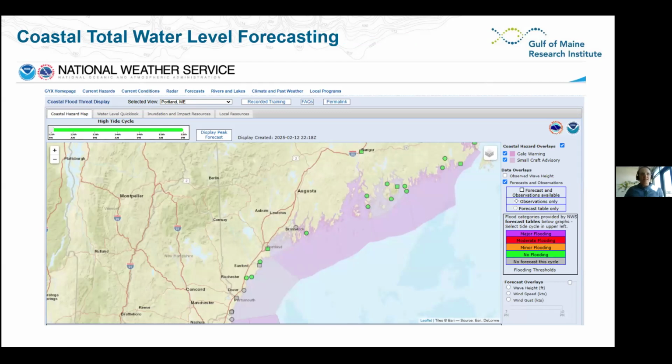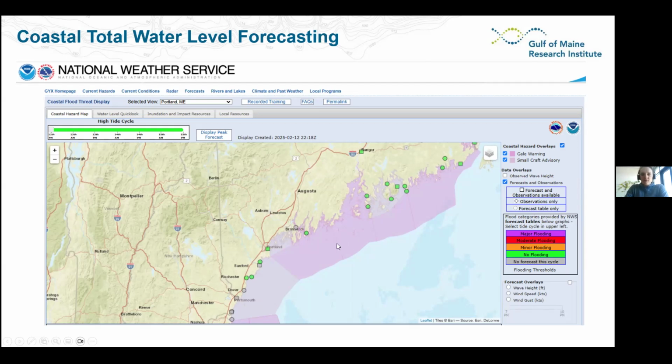So I decided to try to learn a bit more about coastal total water level forecasting, and the National Weather Service does put out a coastal total water level forecast. One thing you'll notice is that, despite using hydrodynamic models that put out spatially continuous output, they only release forecasts at select points. It's estimated that Maine has about 5,000 miles of tidally influenced coastline, so there are a lot of places where this sort of information would be helpful, and we don't have it.